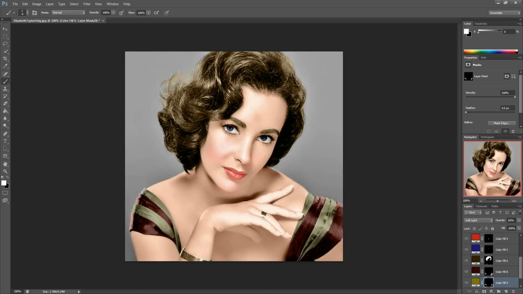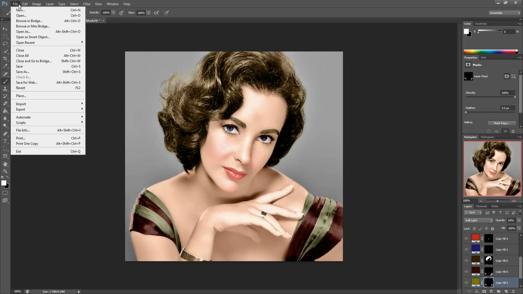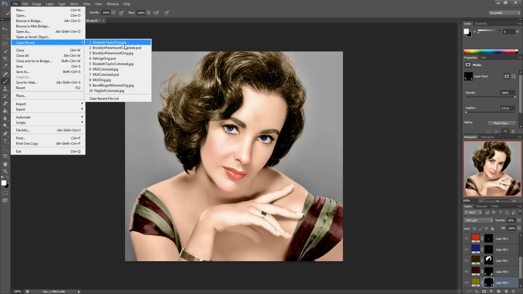So bottom line is that we have gotten through the colorization of Elizabeth Taylor. There are a couple of things we could do. We'd do the background, we could do her fingernails. That would just take a little bit longer, but not bad for a few minutes work. I will bring up the picture that I did previously with the background, with her fingernails done, and you can see that